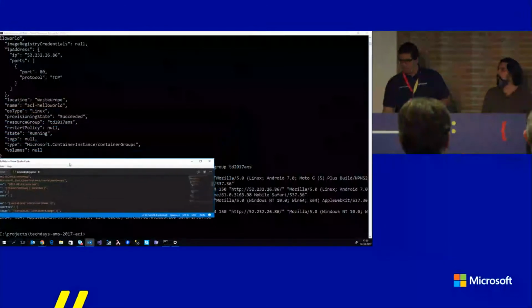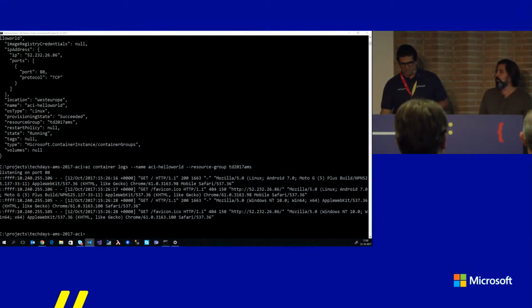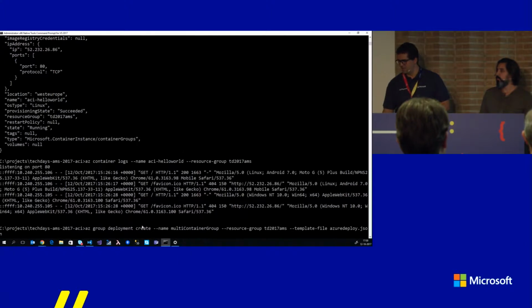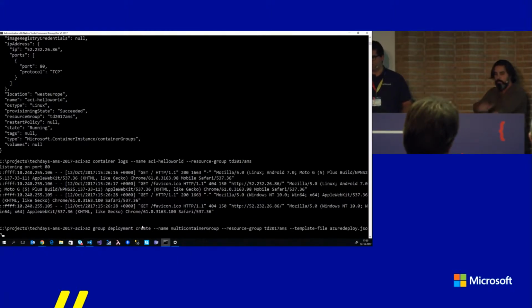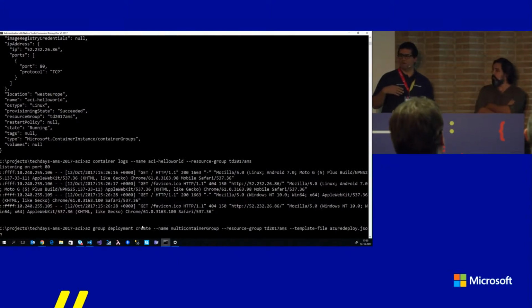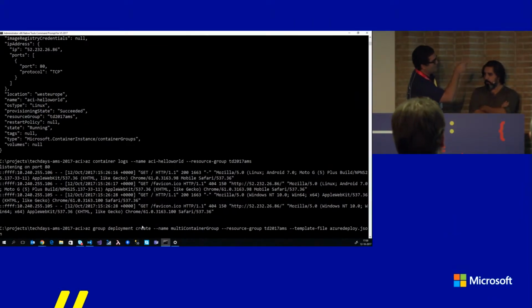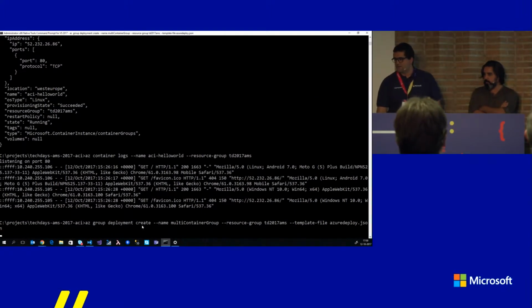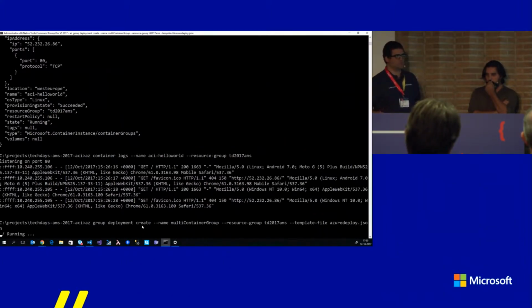So what I'm going to do is just provision this guy. For the sake of time, I'm going to grab my pre-baked command line. So az group deployment create: please create this multi-container group in the same resource group. And as you can see at the very end, there's the template file. Please go and fetch it and deploy. While it's doing what it's supposed to do, which will take less than a minute, I will quickly show you the portal experience on how you can also deploy